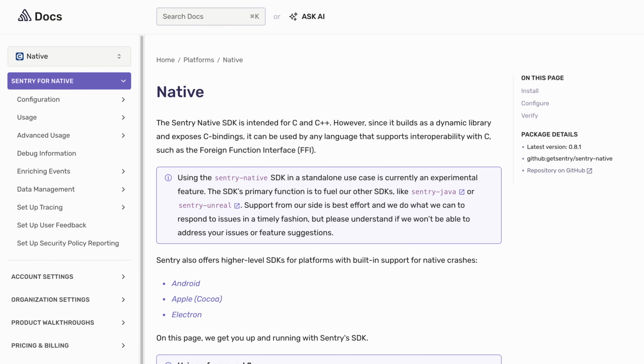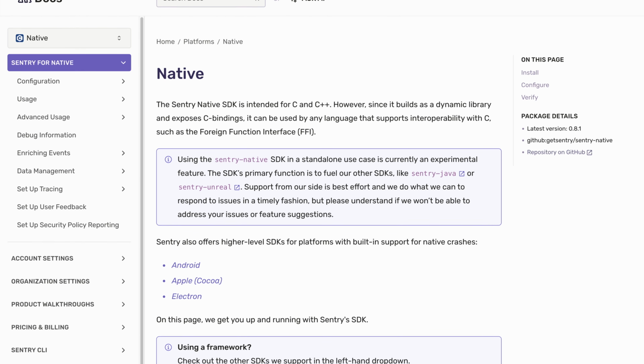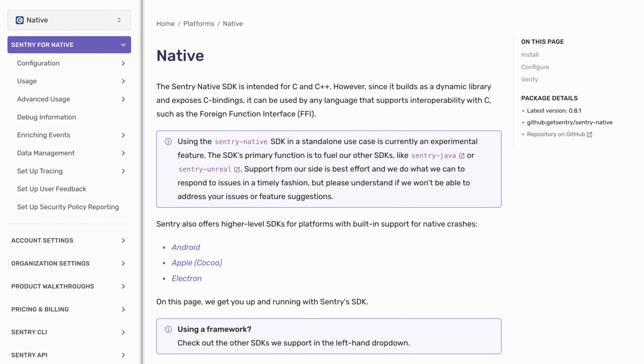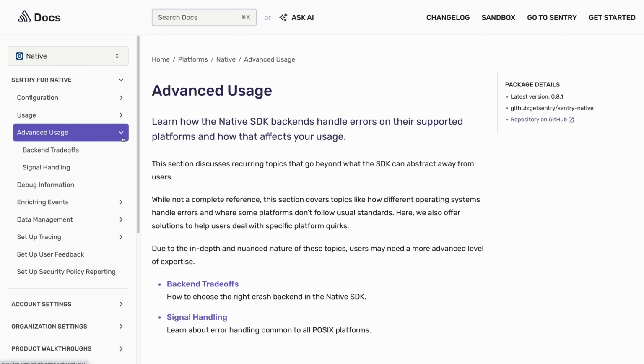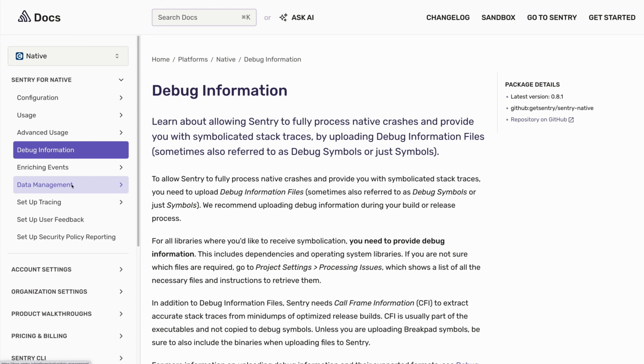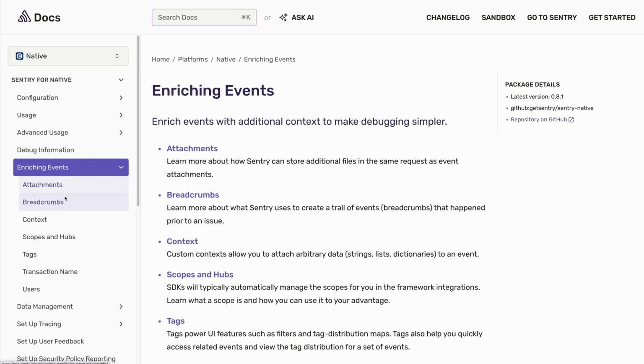But we're talking about Sentry's native SDK. You know, the one that you already have running on your Mac, PC, and Linux games. So if you're using that one, you're going to gain access to the same Sentry features in your Xbox game as you would have in your Linux or Windows game.